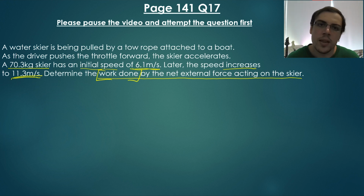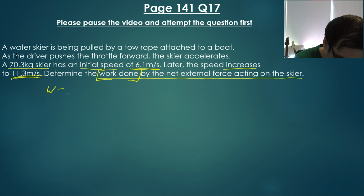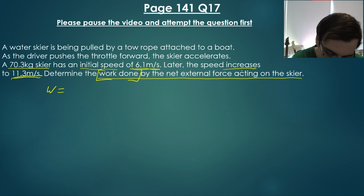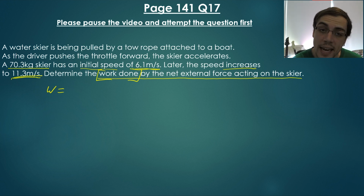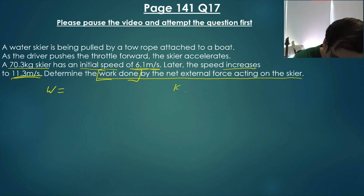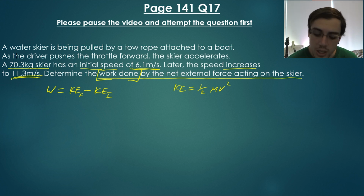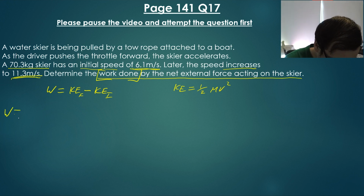So, remembering that work results in a change in movement, which is what we're seeing here. So we want to see work is equal to, now this isn't going to be force times displacement, because we're seeing that it's going to be a change in the speed. So it's going from 6.1 meters per second to 11.3. So we're seeing a change in the kinetic energy. So remembering that kinetic energy is equal to 1/2 mv squared. So we want to look at the kinetic energy final minus the kinetic energy initial, because the difference in the initial and the final kinetic energy will tell us the amount of work that the speedboat did. So, work is equal to...